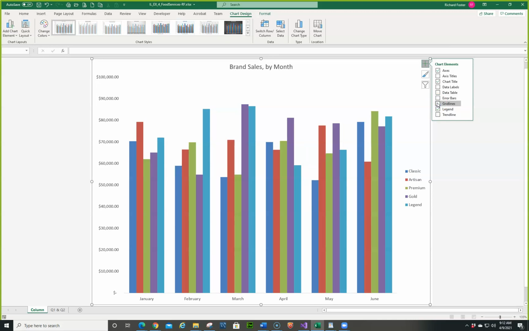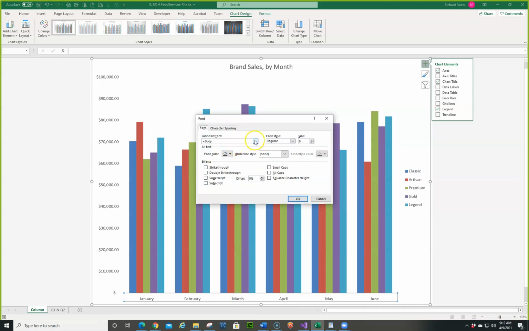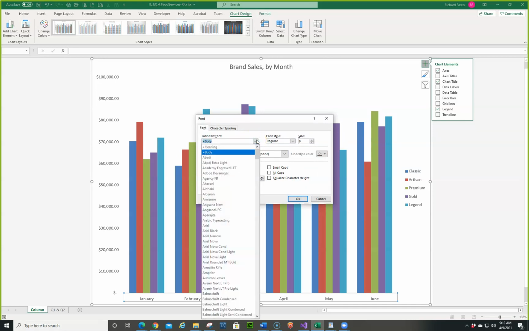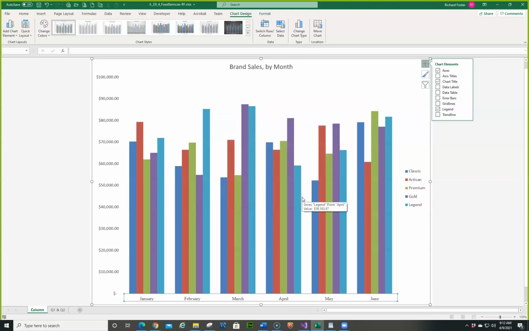B is change the font used in the horizontal and vertical axis to Times New Roman. So here is our horizontal axis. And I'm going to right click and choose font. And I'm going to type in Times, and that should bring us to Times New Roman, which it did. It doesn't say anything about changing the font size, so that works out good. The next thing I'm going to do is change the vertical,